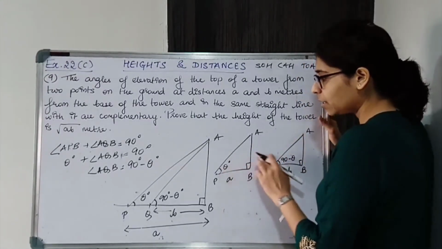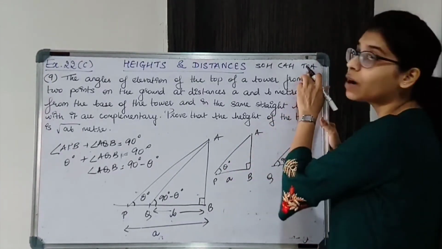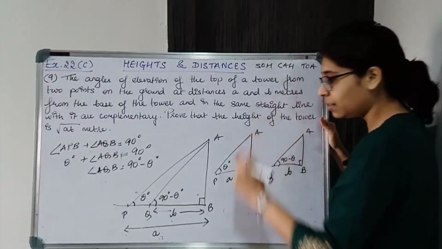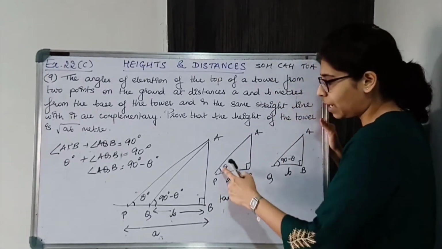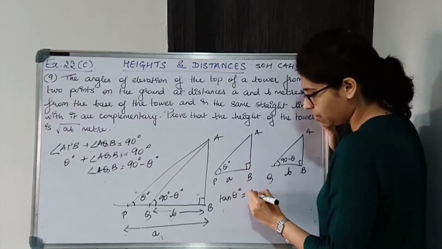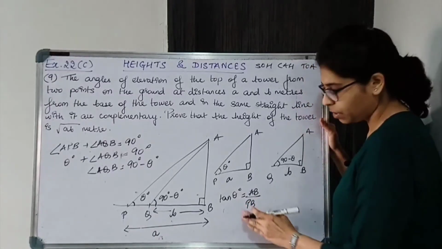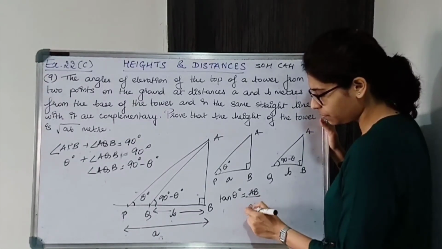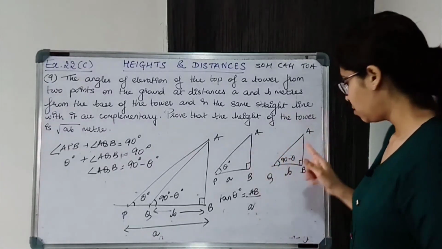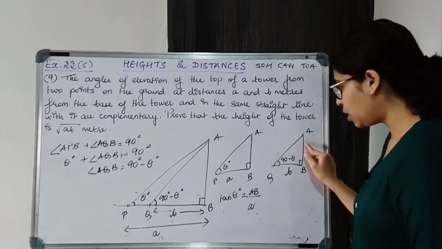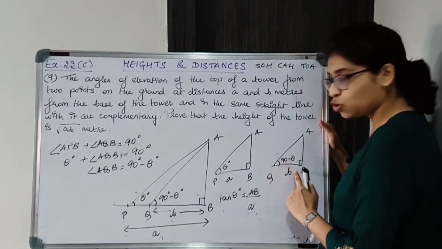So to relate the opposite side of the angle and the adjacent side of the angle, which trigonometric ratio should I use? I'll take tan of the angle. So tan theta is equal to the angle's opposite, that is AB, upon the angle's adjacent, that is PB. PB is nothing but A. Correct. Now over here, same thing. Here I need to relate AB with QB. So we need to relate the opposite side and adjacent side of the angle.